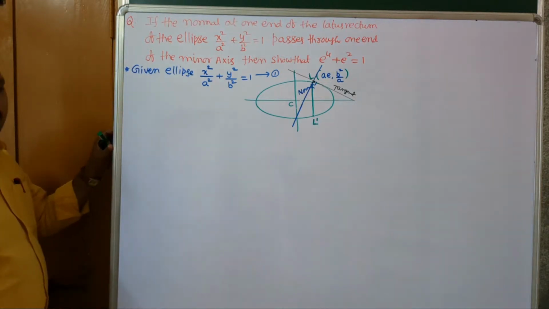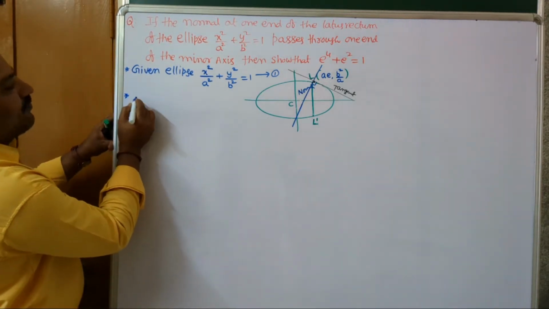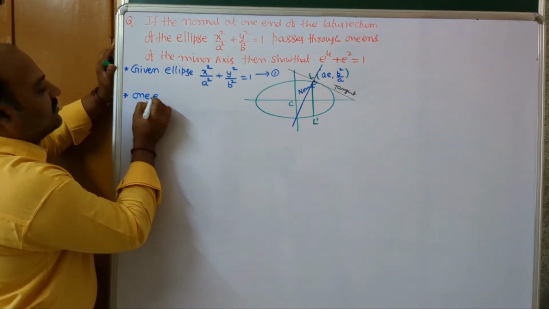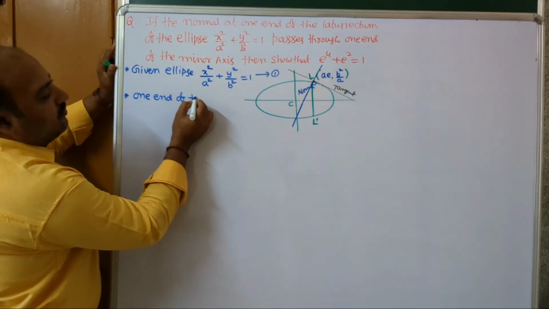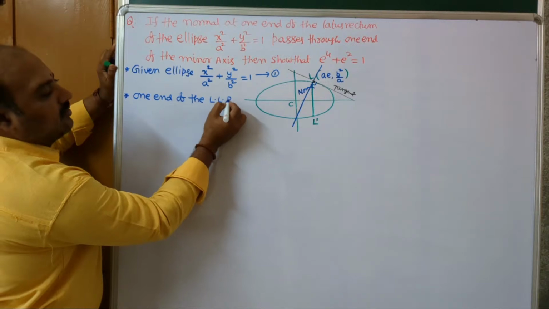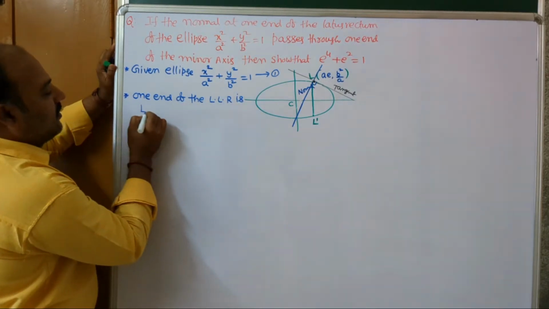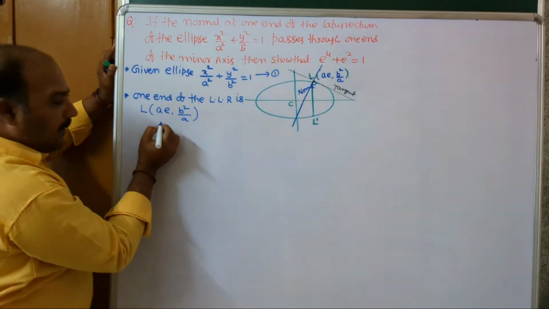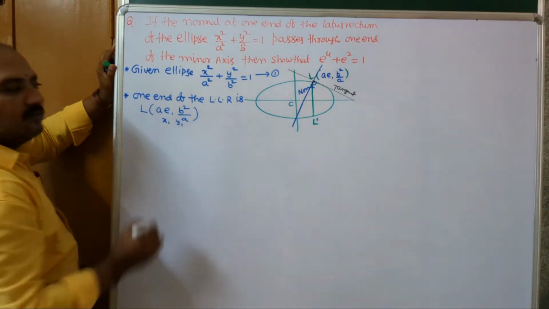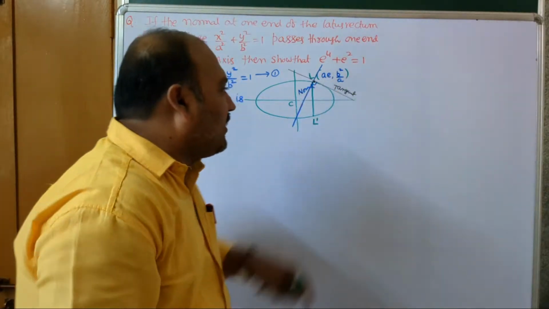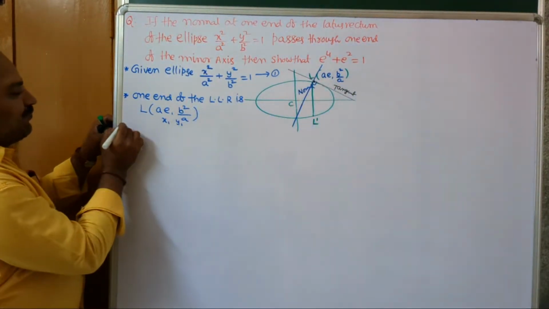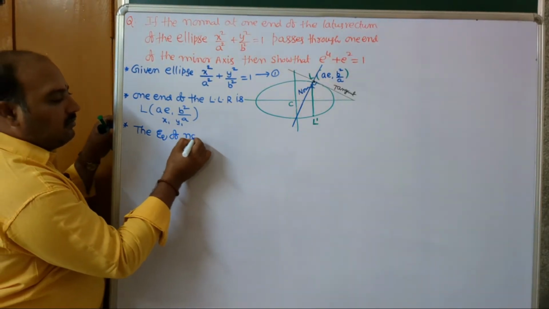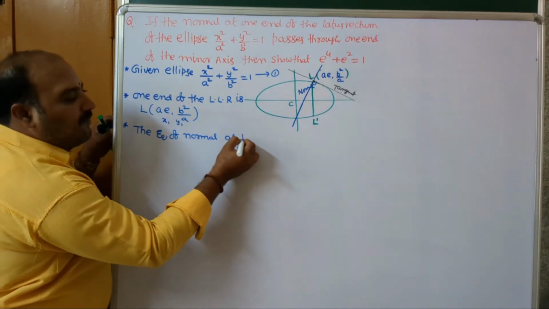Second one, one end of the latus rectum, LL dash, is L of ae comma b square by a. So this one I wrote. I am taking this is x1, this is y1. At the point x1, y1, we have to write the normal equation. The equation of normal at P of x1, y1